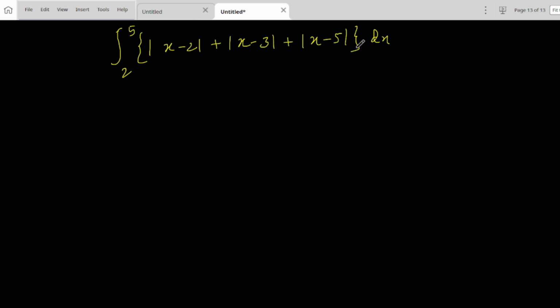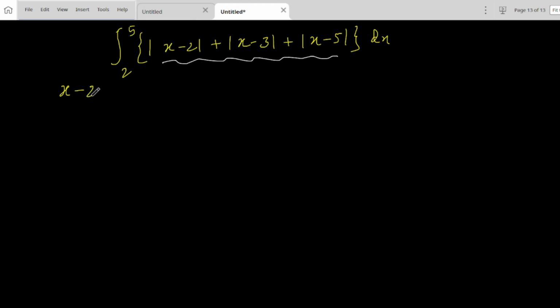There is no problem. The other strategy says that whenever you get such a problem, you may combine all the modulus signs together and find the different parts of integration. So in this video we are going to learn how to combine all the expressions and get the expression to solve the integral. To solve this, first we are going to get the critical points.